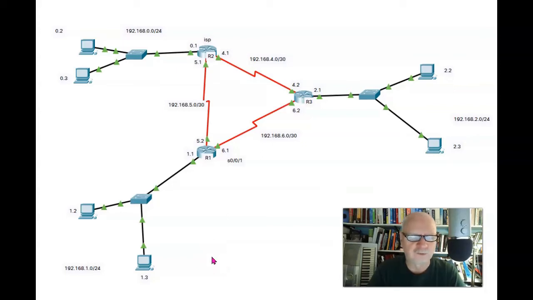In the last two videos, we looked at setting up a static route and setting up a gateway of last resort. Now, I have removed the static routes from here, although I have left the gateway of last resort for routers 1 and 3, which send anything that it doesn't know how to get to up to router 2. However, if router 2 got a packet, say, from the 1.0 network, it wouldn't know where to send it to get to the 2.0 network because it has no route to get there and no gateway of last resort set on router 2.